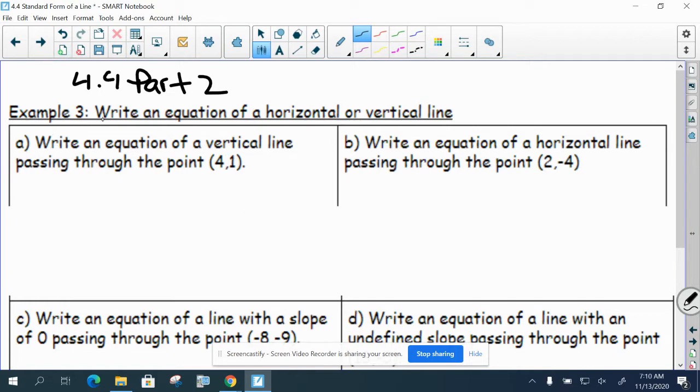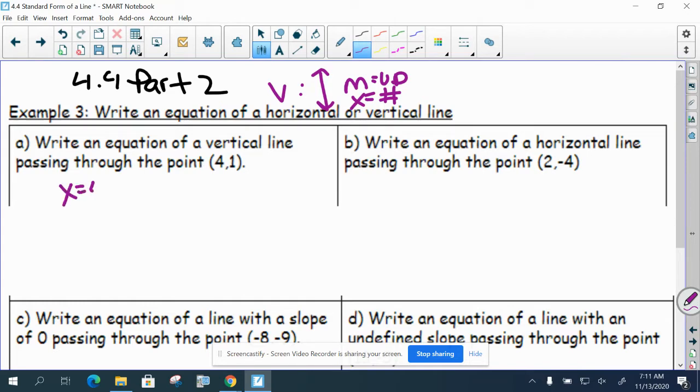So for example 3, it says to write an equation of a horizontal or vertical line. Part A says to write the equation of a vertical line passing through the point 4, 1. So remember that a vertical line goes up and down like that, and its slope is undefined, and the equation is x equals a number. And I want to emphasize again that the number that you get comes from the coordinate. So if the coordinate's x value is 4, then the equation of the line that passes through 4, 1 would